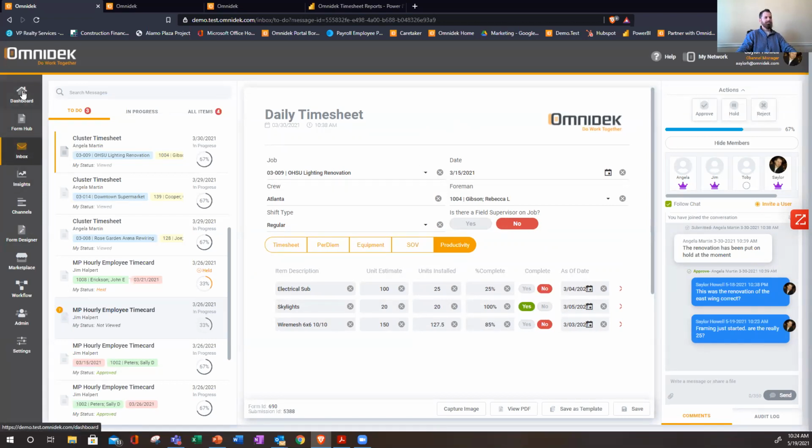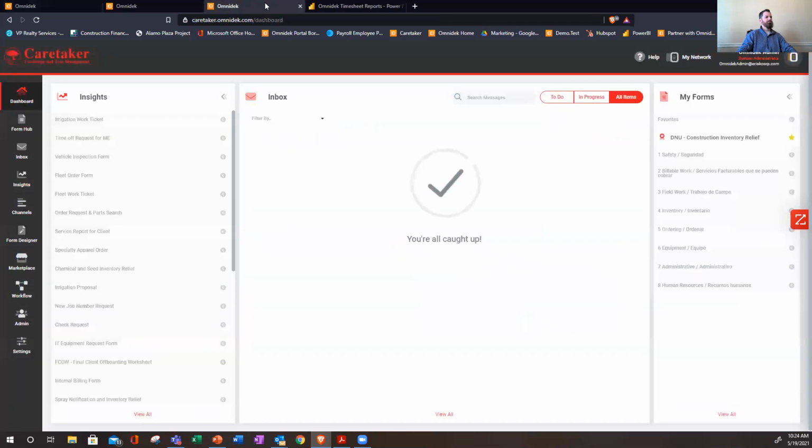Let's look at a couple more examples. I'm going to show you here one of our customers. This is their test site, an existing test site, but this is Caretaker Landscape in Arizona, and they've got a lot of Spanish-speaking labor. So what we've been able to do for them is create many forms that are also in English and Spanish. And a great story here, we helped them with a $300,000